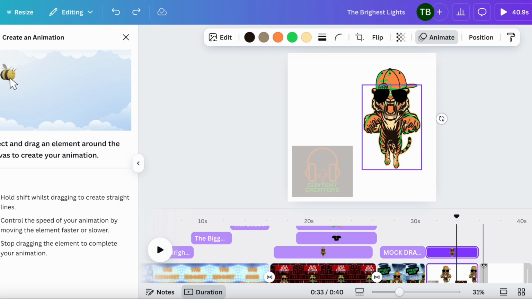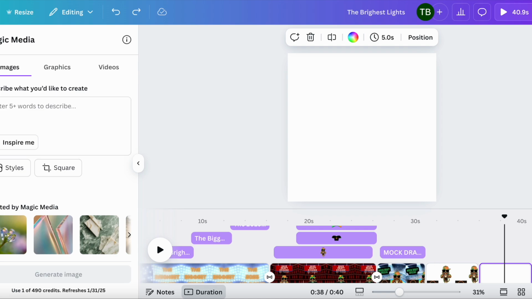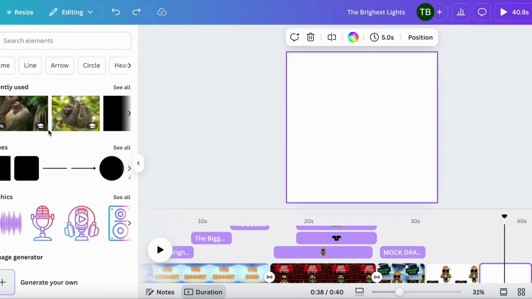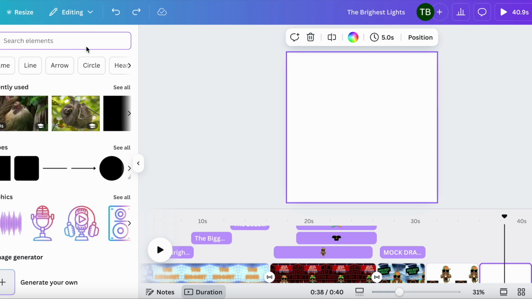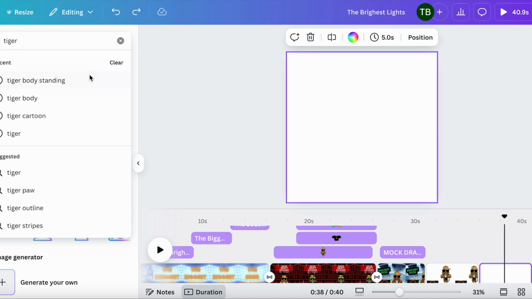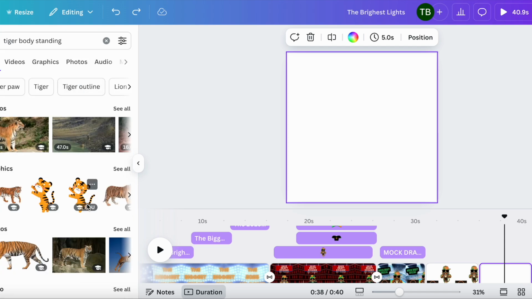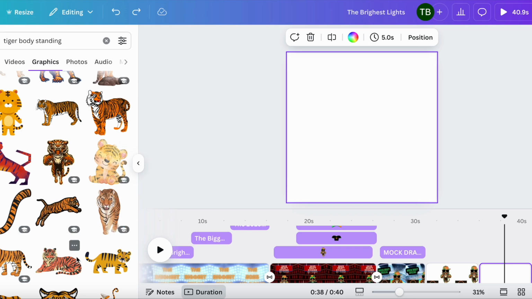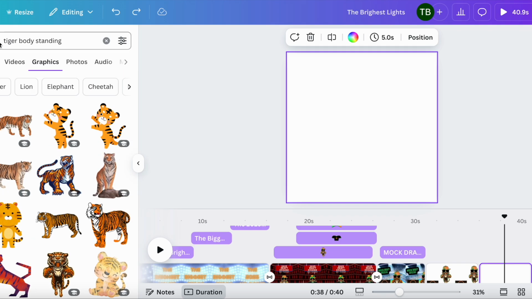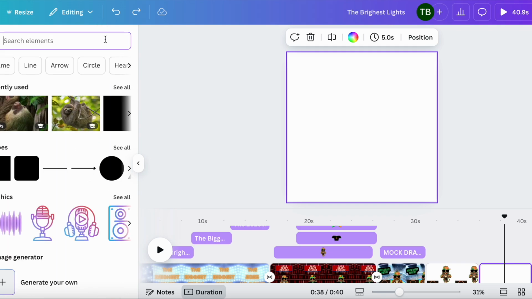A couple last things that I want to show you guys, some different things that you can do. Obviously we talked about different elements, and if you want to search for things, for instance, I told you I was looking specifically for the way I wanted the tiger to look. So I literally searched tiger with a body standing, and you can find all different aspects of it. So that was one thing just to keep in mind. But another cool thing